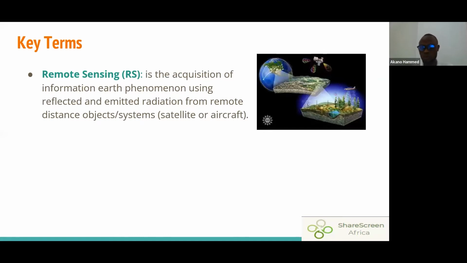And also, we move on to remote sensing. Basically, the fundamental thing we should understand, these times might not be the real times, because we have different times over there, but we are trying to break this down in a way we can understand it fundamentally. So remote sensing is the acquisition of information about Earth's phenomena, using reflected and emitted radiation from remote distant objects,